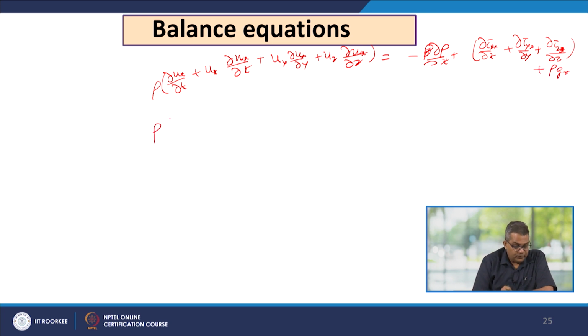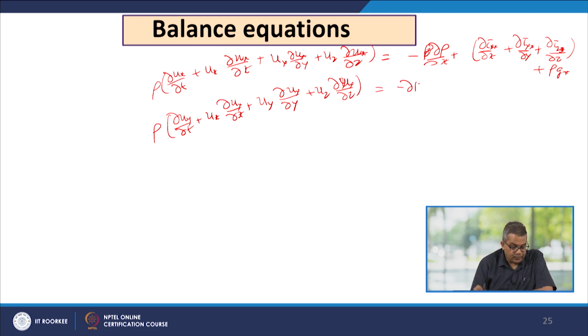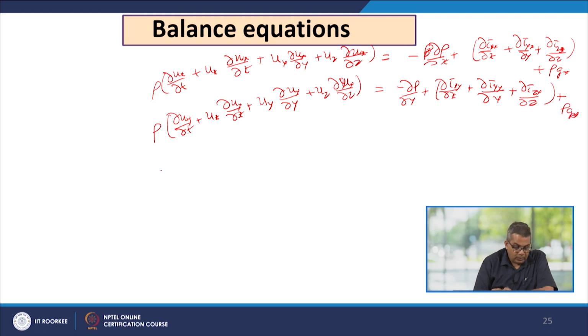And similarly, rho times del uy over del t plus ux del uy over del x plus uy del uy over del y plus uz del uy over del z, this is equal to minus del p over del y plus del tau xy over del x plus del tau yy over del y plus del tau zy over del z plus rho gy, or